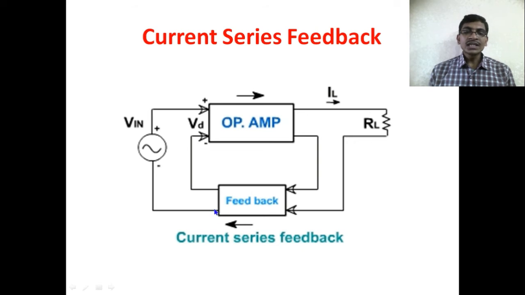So that's why here VF, the output of the feedback section, is a voltage, which is called the feedback voltage. That VF will get added with the VIN voltage, the input voltage of our operational amplifier. Then after adding these two voltages, we will get the differential input voltage of our operational amplifier.